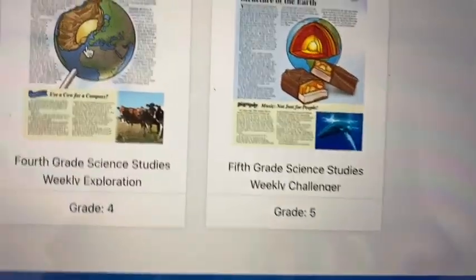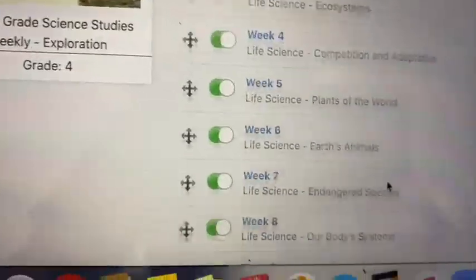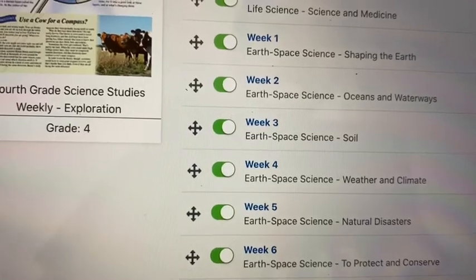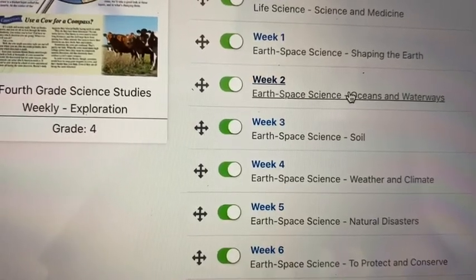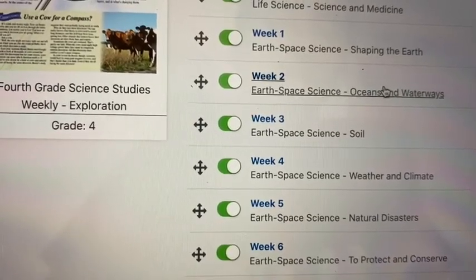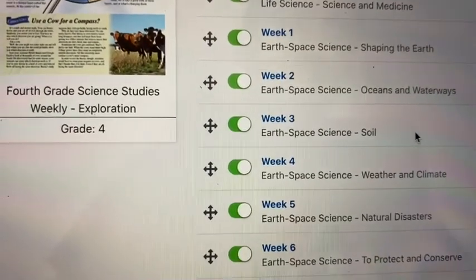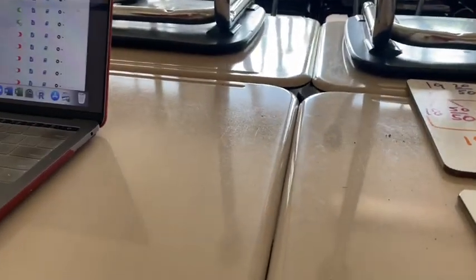And then for 4th grade science, same thing. Oceans and waterways, that will be activated as well, okay? But that's it, everybody. Oh no, religion, I'm sorry. And then for your religion,